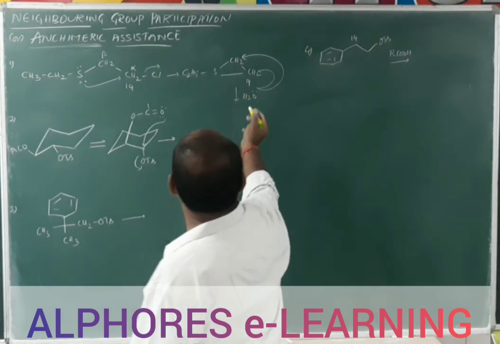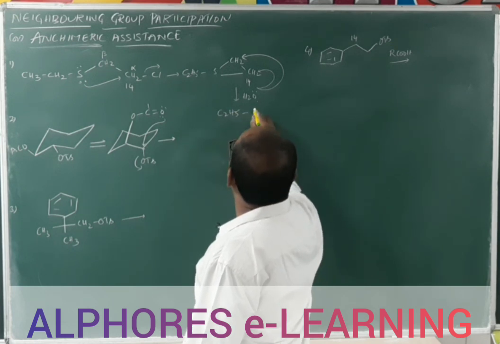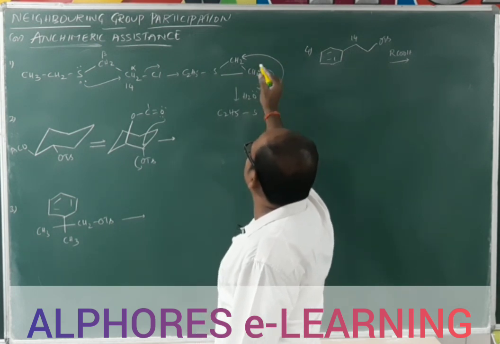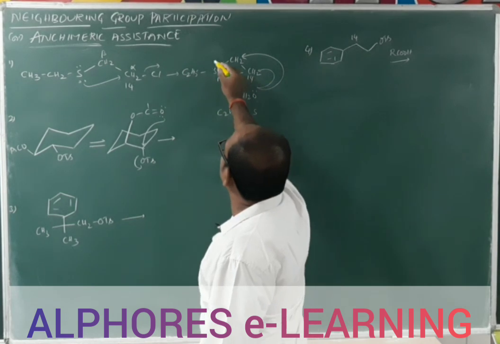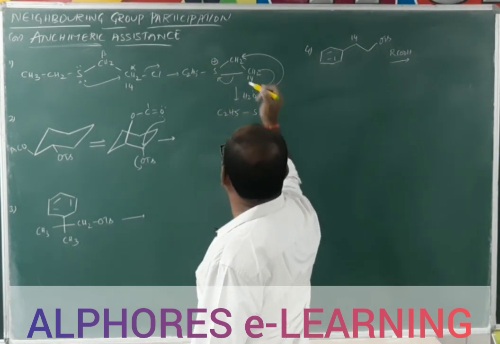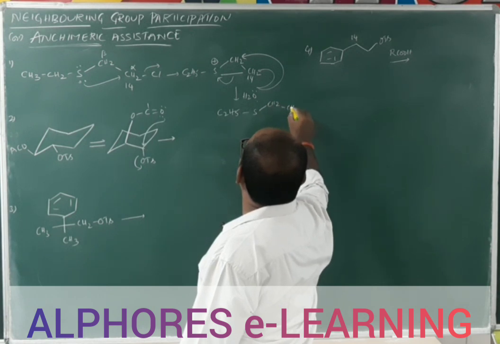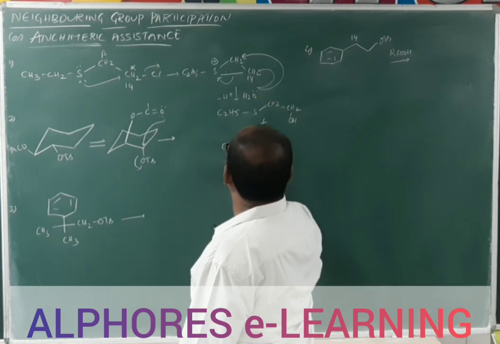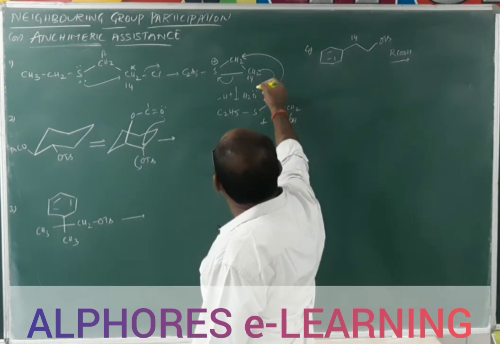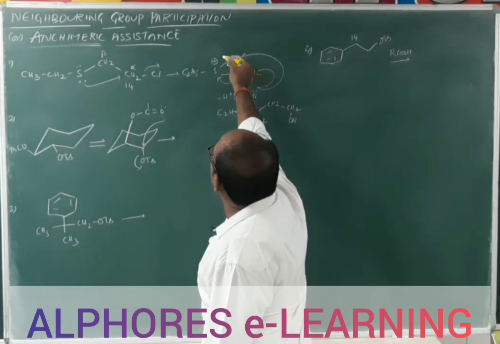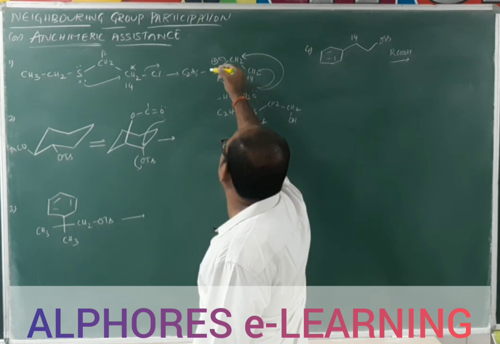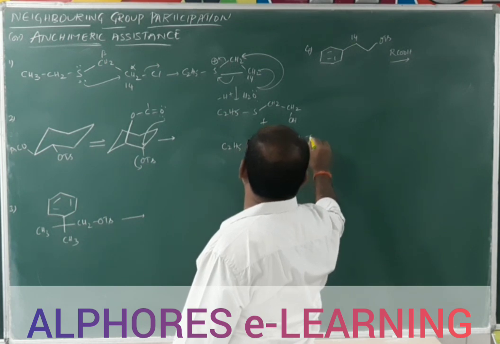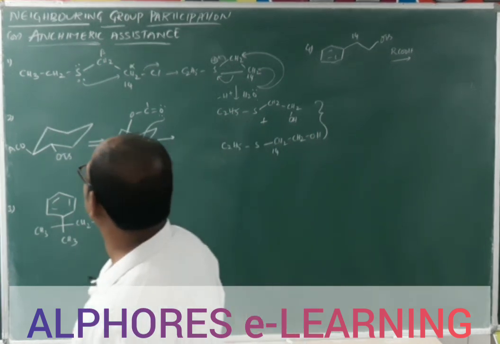Here you can distinguish. In the previous example we could not distinguish. Now if this OH group comes and attaches to the C14 carbon, then this bond is going to cleave. With the sulfur bearing positive charge, sigma electrons are shifted towards sulfur, then CH2OH, with further deprotonation also. In addition to that, one more product: if the water molecule comes and attaches to this carbon, this sigma bond is going to break, resulting in SCH2 with C14 and CH2OH. So there are two possible products because of anchimeric assistance.